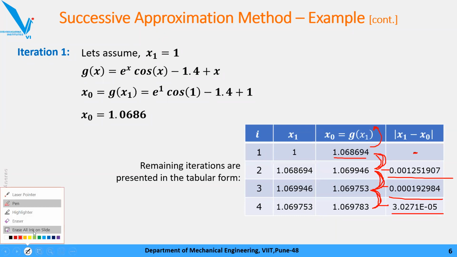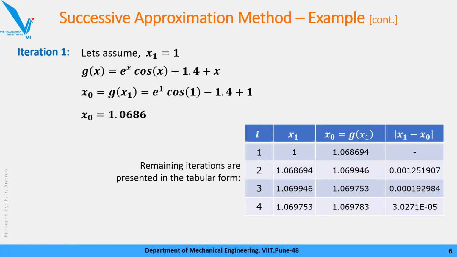इसमें ज्यादा कुछ डिफिकल्ट नहीं है. स्टार्ट करना है, उसको x g of x में डालो, you got the answer. That is it. This is your iteration. So all of you understood successive approximation method?